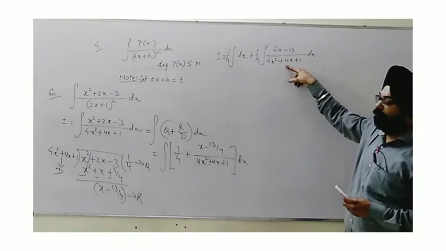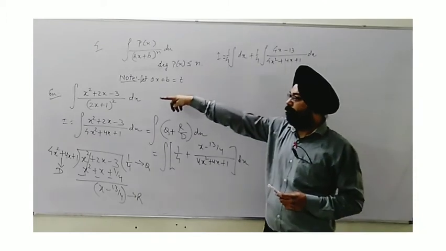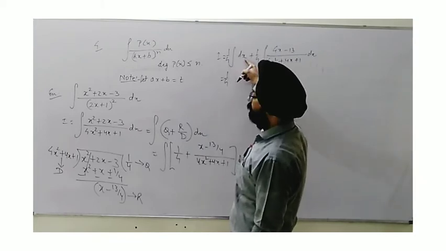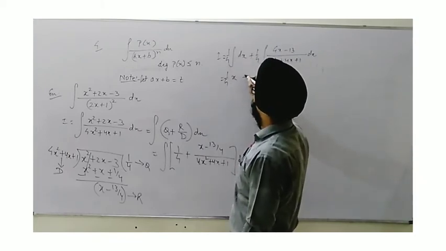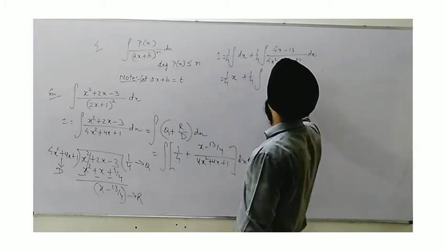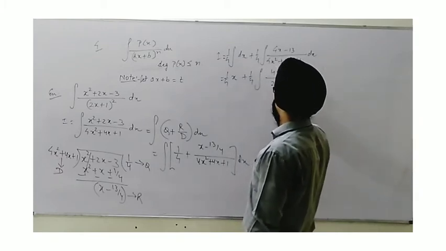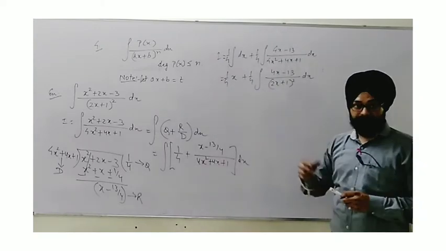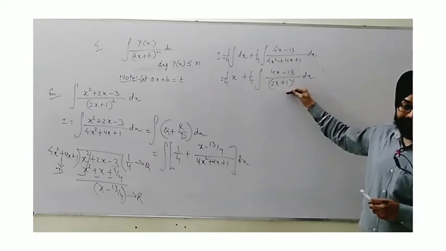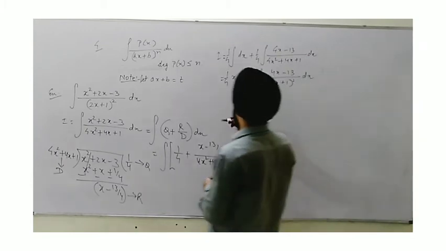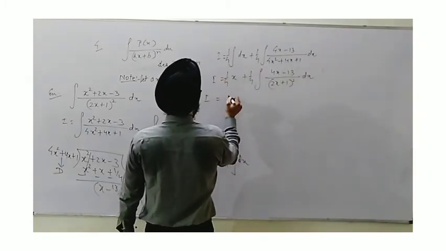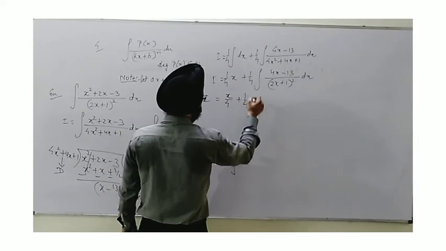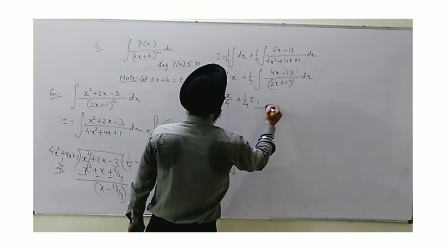But we know that this 4x square plus 4x plus 1 we obtained from (2x plus 1) whole square. So yes, we can write this as 1 upon 4 times the integral of 1 dx, which is x, plus 1 upon 4 times (4x minus 13) upon (2x plus 1) whole square dx. Now, as I said, whenever there is a part in the integral which is to be integrated separately, we consider this to be I1, I2 like that. So we will write here x upon 4 plus I1, and this 1 upon 4 is a constant also. With this part we consider I1, remark number 1.